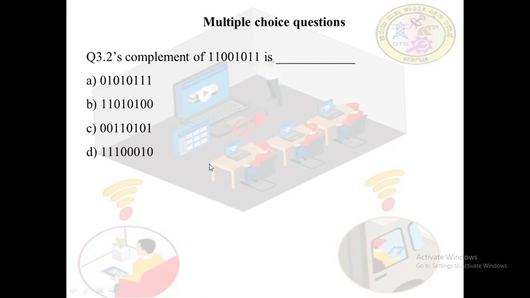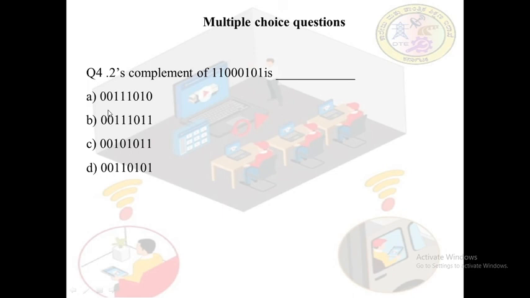Now question 3, twos complement of the number is, there are 4 options given. How to find out the twos complement? To find out the twos complement, find out the ones complement first, that is change all ones to zeros and all zeros to ones, and now add 1 to this. So this is 0, this is also 0, 0 plus 1 is 1, 0 comes as it is, and 1s come as it is, 0 1 1 0 0. So where it is 1 1 0 0 1, option C is the right answer.